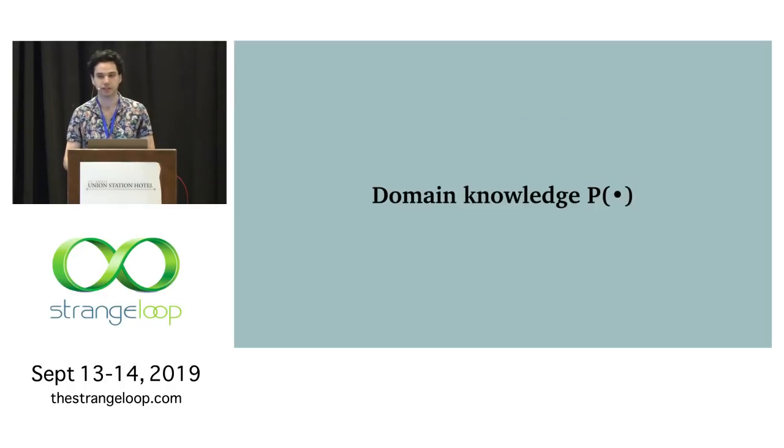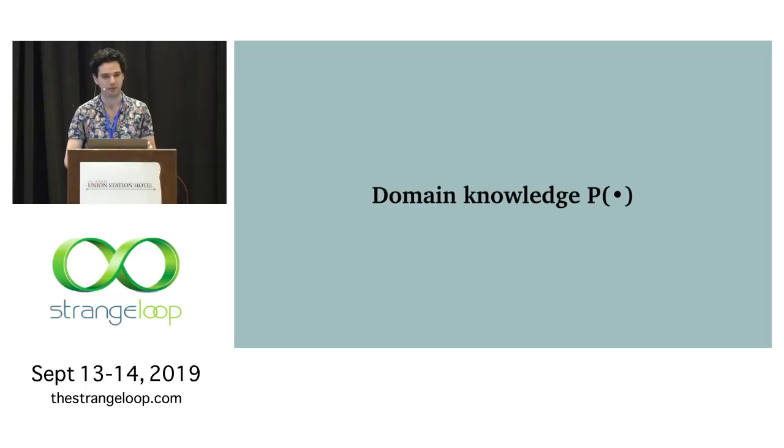The other letter in this formula is P. This is a probability distribution or a model, and the idea is that it's going to encode our domain knowledge about this data set, all of the assumptions that we bring to the table that allow us to clean this data set, right? When I was showing that slide, I said, we are familiar with the United States, we're familiar with how cities work, we know what an apartment listings website is. All of that is knowledge that was helpful to us when we were cleaning the data set.